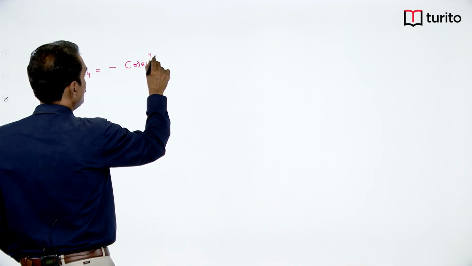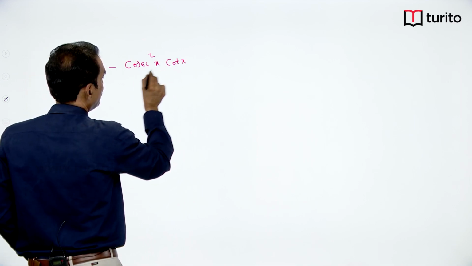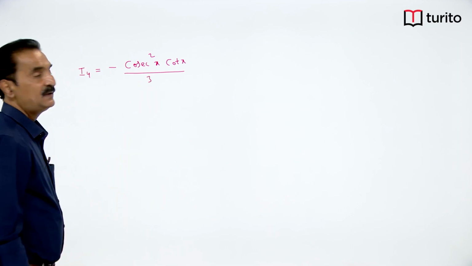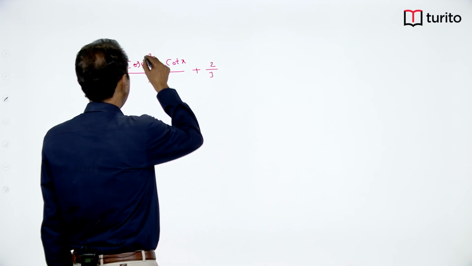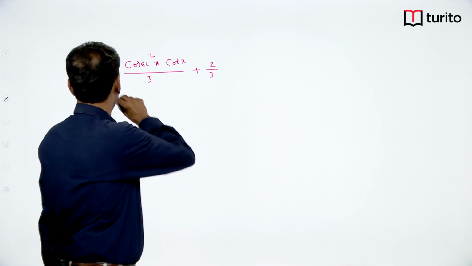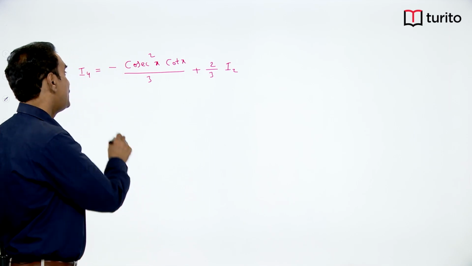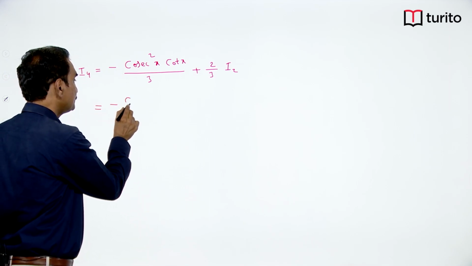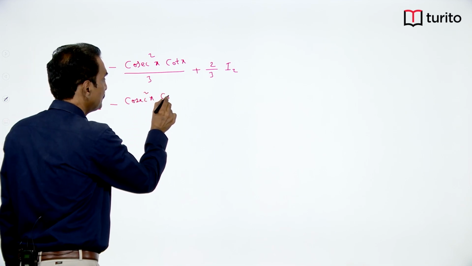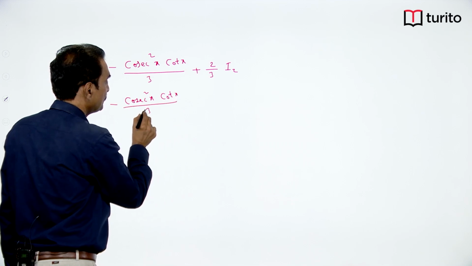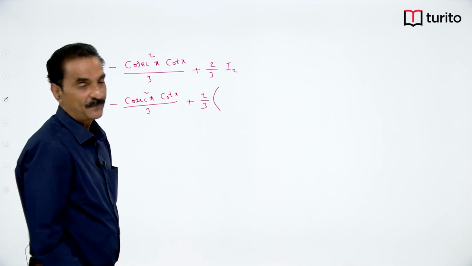Minus cosecant power n minus 2 is 2 into cot x by n minus 1, 3 plus 2 by 3, n minus 2 by n minus 1, 2 by 3 into I4 becomes I2. Again applying the formula, plus 2 by 3 into, if you take n is equal to 2 in the formula, you will get,